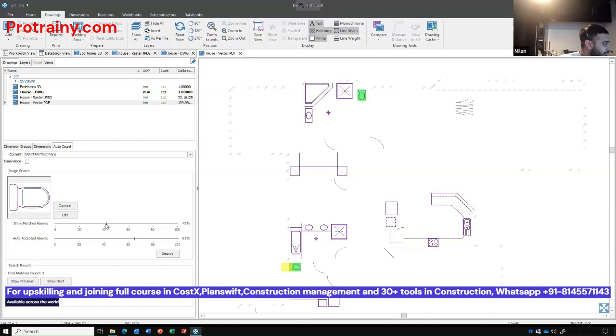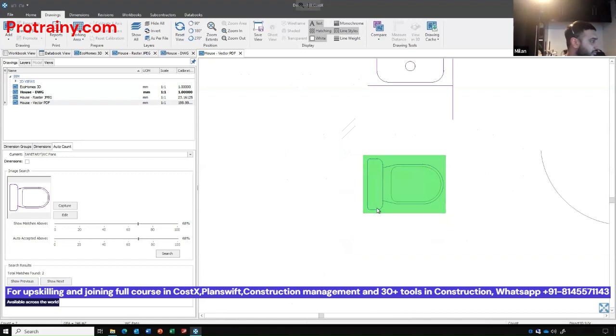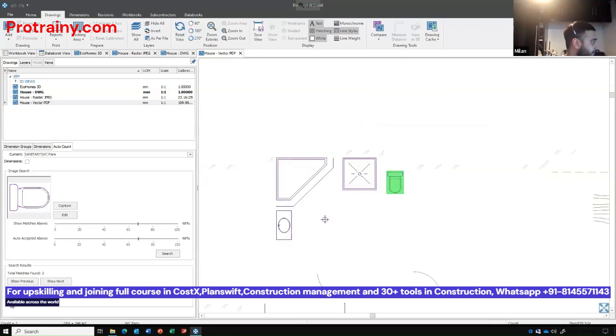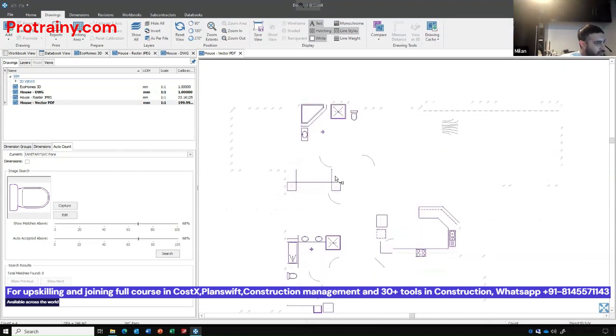You can see as I move it along, it finds other things, but I'm happy with the 2 it's found there. Nothing else. Total matches. I can cycle between them just to have a look. I can reject one if some doesn't look correct, and then save the accepted. Very basic example, but it's good for mechanical drawings when there's many types of fittings that you need to count,